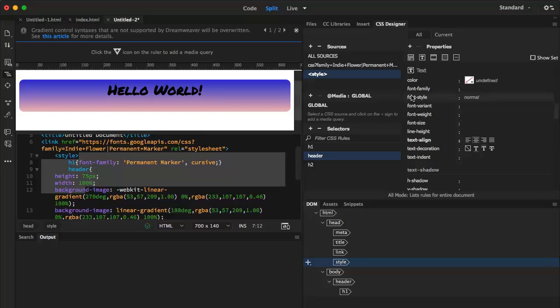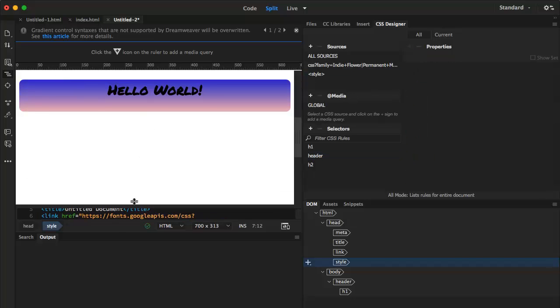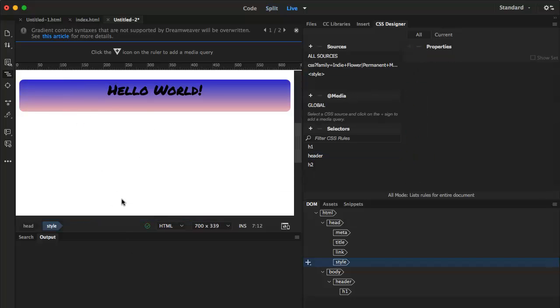Oh, one other thing I wanted to show you. A lot of times people like to have gradient fill the background of the page. See, right now my page is white, but it would be nice to have, maybe if I didn't have a gradient already in my header, gradient fill the body. And that's a little bit more complex. So let's go ahead in there, and I'm going to add the body tag